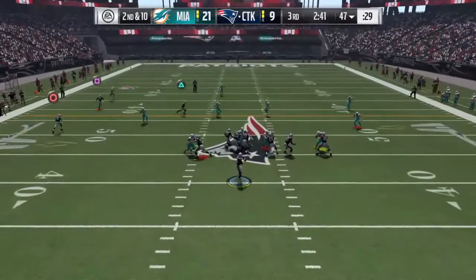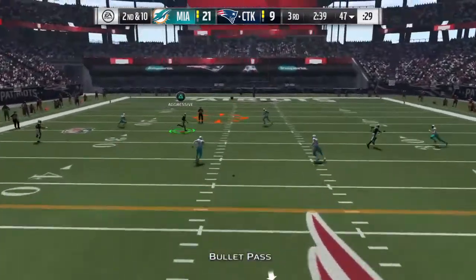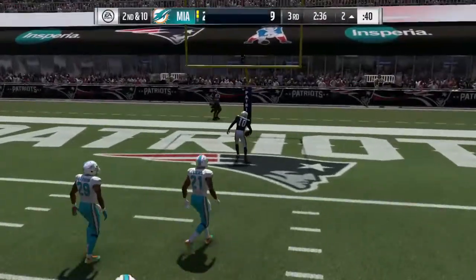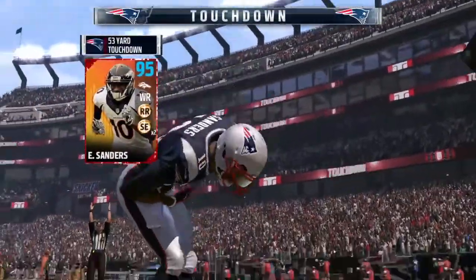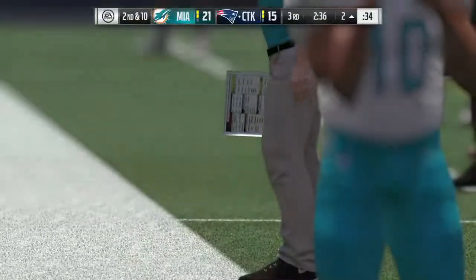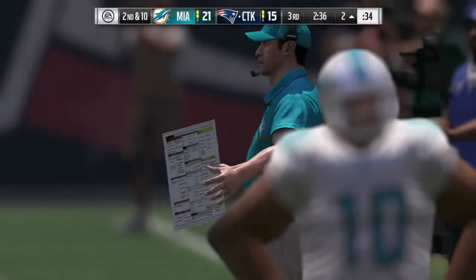On play action, now Brady. Finding time. He's going to, it's caught inside the 25. And all the way in. Touchdown, New England. Emmanuel Sanders, 53 yards. And the Patriots have...